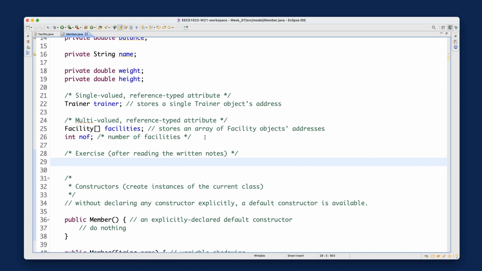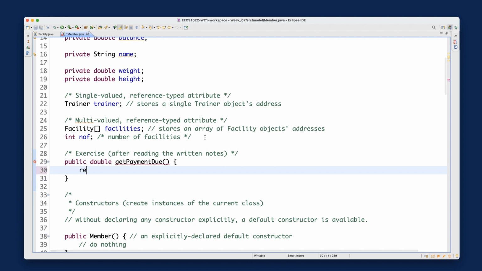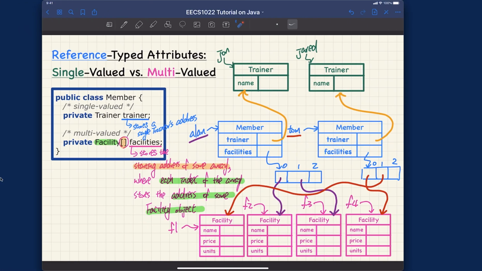Let's say public double getPaymentDue for the member. For now I'm simply going to say return -1. It's simply wrong, but at least it will compile. So what's going to happen is, let me show you for the visualization. I might call the method by writing over here, Alan.getPaymentDue, for example. And if I call the method over there, what your method should do is